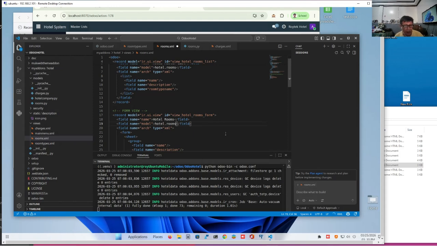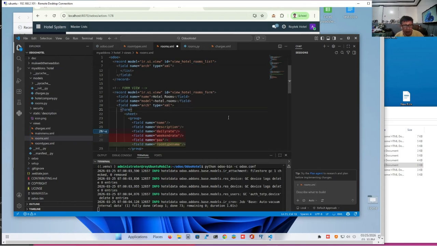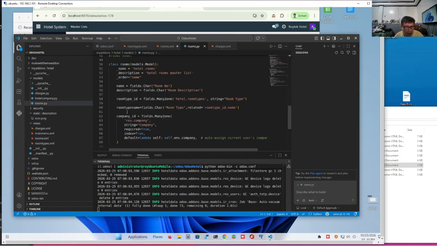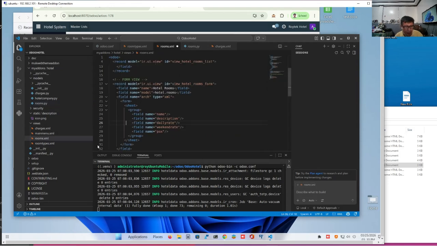And then we'll have the room type name also there. What's the name of our field? It's room type name. So you may wonder what will happen, but we'll find it out. We'll erase this.